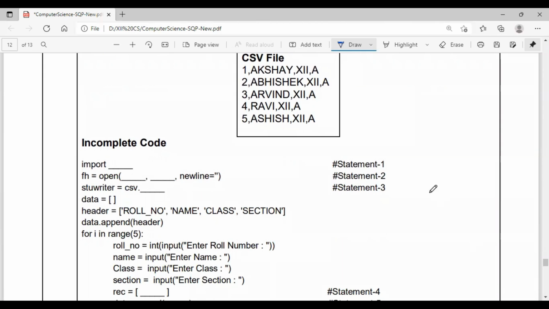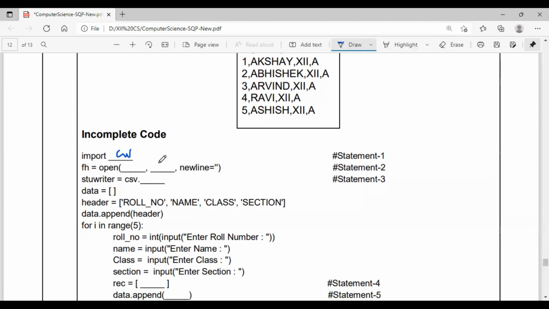So CSV means you want to import csv, small letter csv. The file, how we have to open it? student.csv in single quotes, you have to open it. And we have to specify the mode also. Since it is not specified, you have to open it in the writing mode, isn't it?